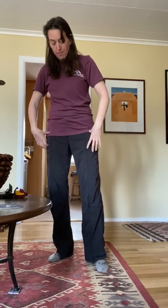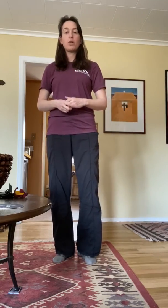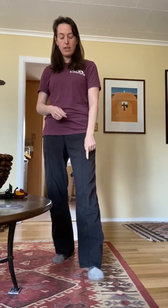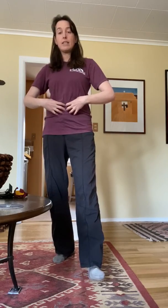So the next one, we'll talk a little bit about how we take a step. So what we're going to do is have our heels touching. We're going to shift our weight to our right, bring our left foot forward, our toes forward, knees are forward, back foot, the toes and knees are to the corner. If you notice, my weight is still back. I've put my foot down, but my weight is still here. We don't shift our weight in Tai Chi until our foot is down,